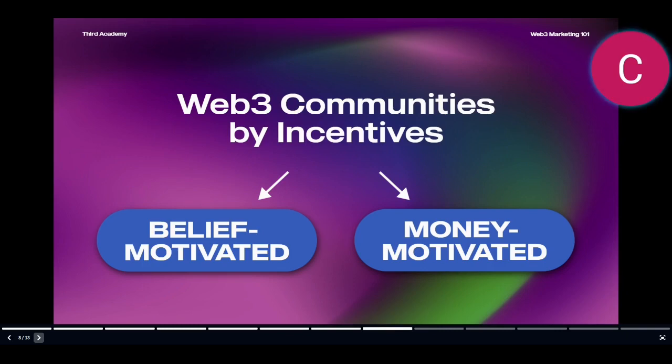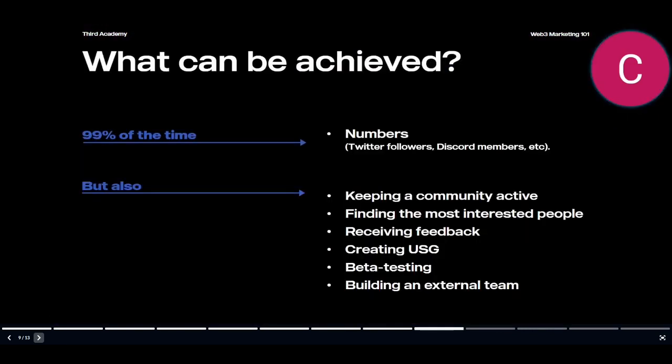We can also tie this back to lesson 2, where I talked about crypto audiences. Most crypto natives fall into this belief-motivated category, while crypto enthusiasts are often at least initially more motivated by money. So, with the right incentives, what can you actually achieve? 99% of the time, you'll be able to hit numbers, whether this is on Twitter, Telegram, or a bit harder